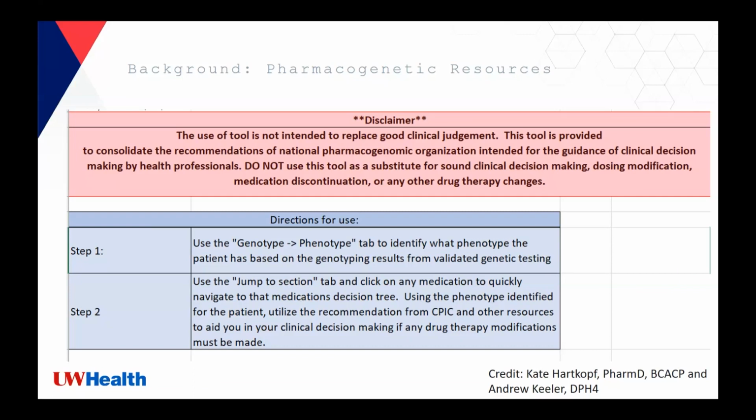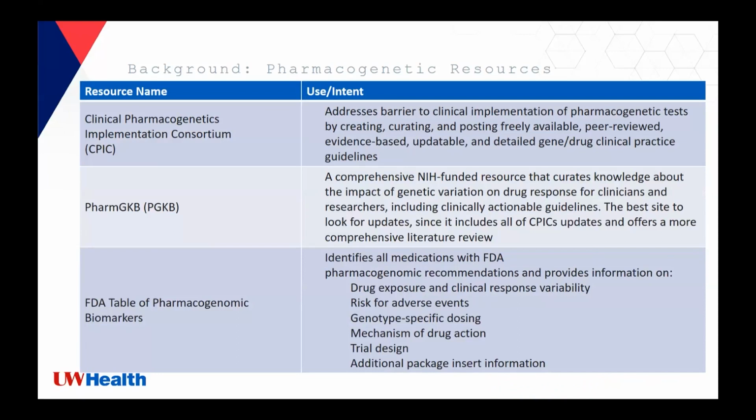So Andrew Keeler is a fourth-year pharmacy student who was on rotation with Kate Hartkopf, and he actually developed this entire pharmacogenetic tool. So that Excel document you open, Andrew Keeler worked his entire rotation to do, and I feel like credit is definitely due to Andrew. So that Excel document you're opening actually compiles a bunch of pharmacogenetic resources into one tool for physicians and pharmacists